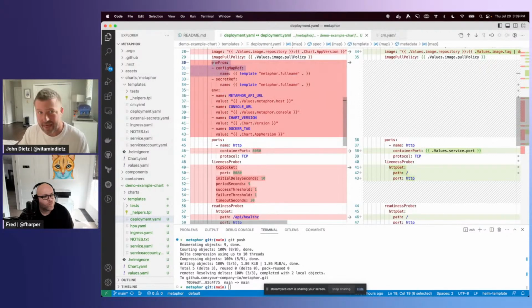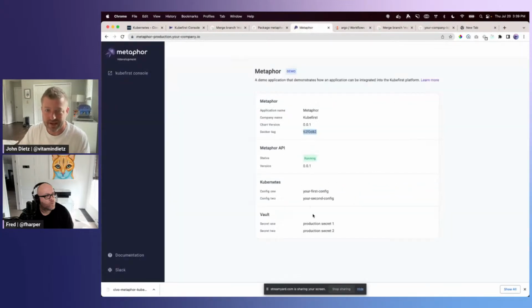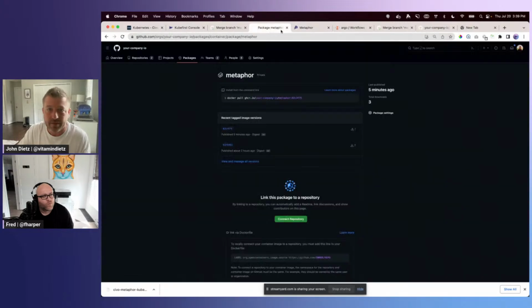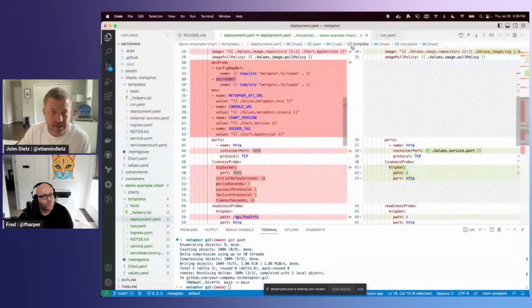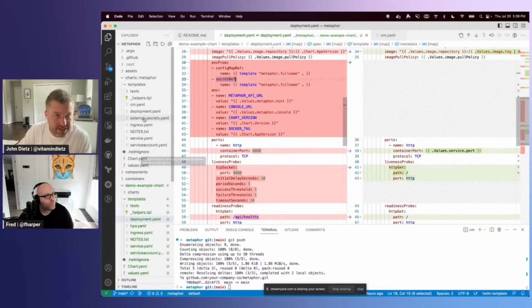Now, in addition to that, you can add more environment variables by leveraging a secret ref. And this is how we're pulling secrets from Vault into the application, so that when you're looking at a Metaphor instance here and you see that it's production secret 1, the reason that's production secret 1 is because we pulled it in from a secret. So the way that we made that available is in the external secret object here.